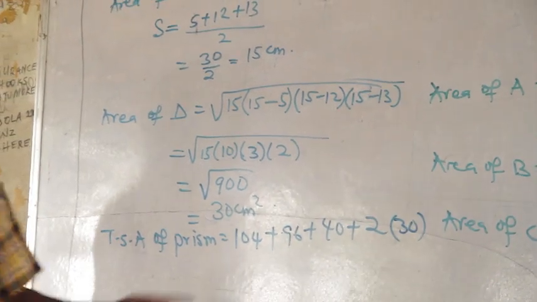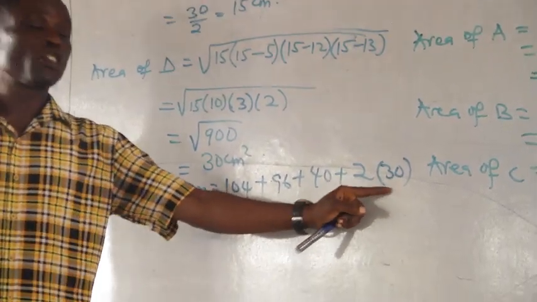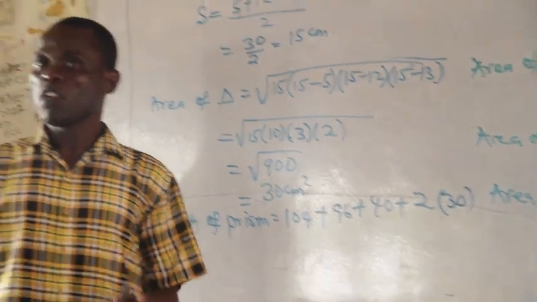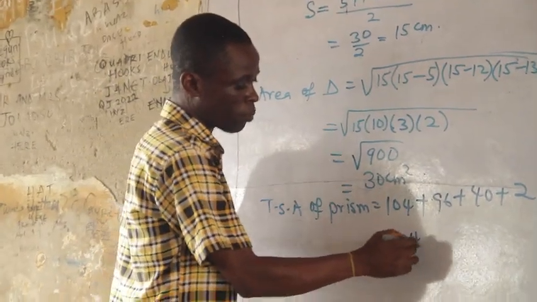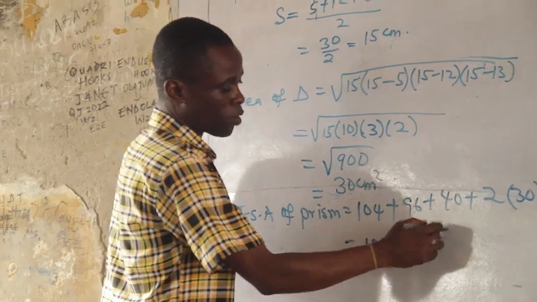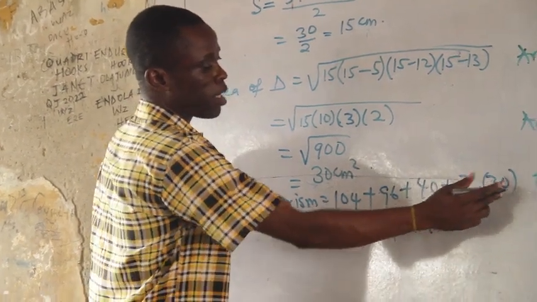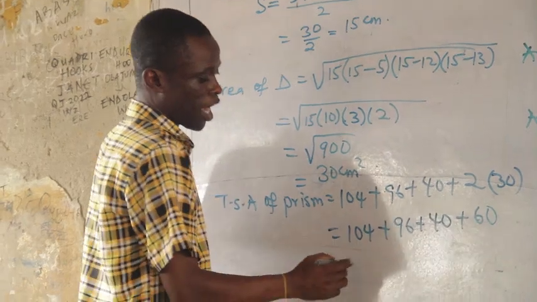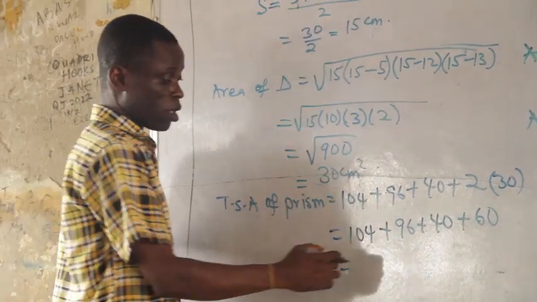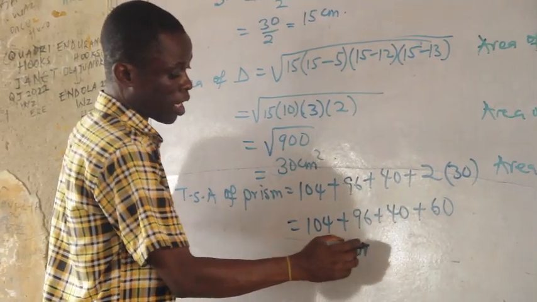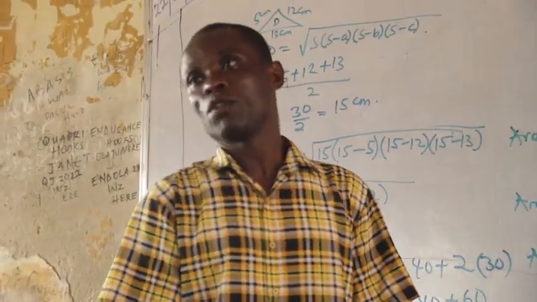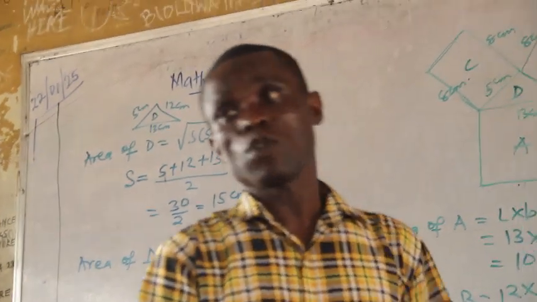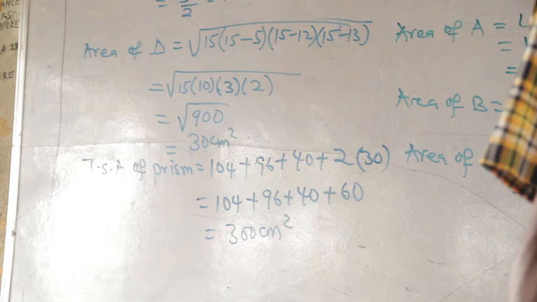And when you look at this, 1, 2, 3, these 2 making what? 5. Well, if it is open, you don't need to multiply by 2. So we have 104 plus 96 plus 40 plus 2 times 30, which is also what? 60. Addition of everything is what? 300 centimeter square. That is the total surface area of this prism. Then to find the volume of this prism: